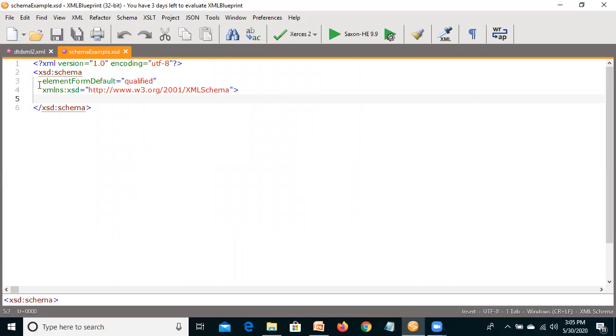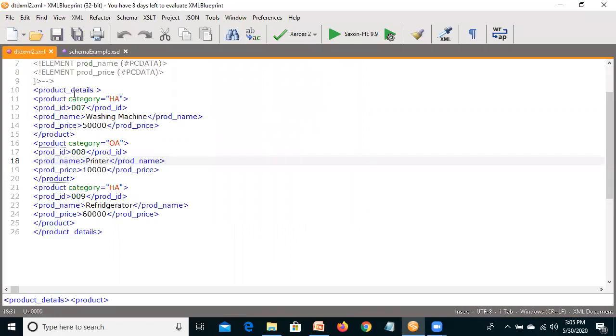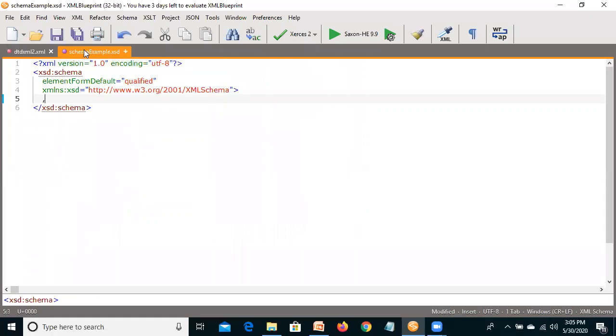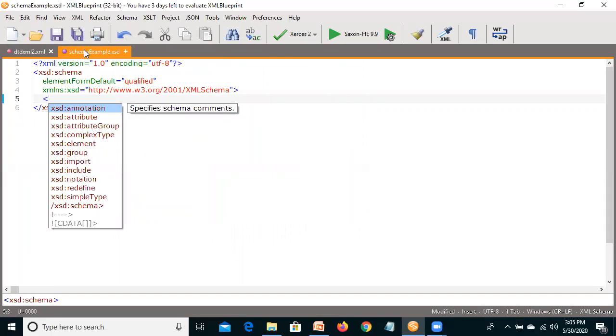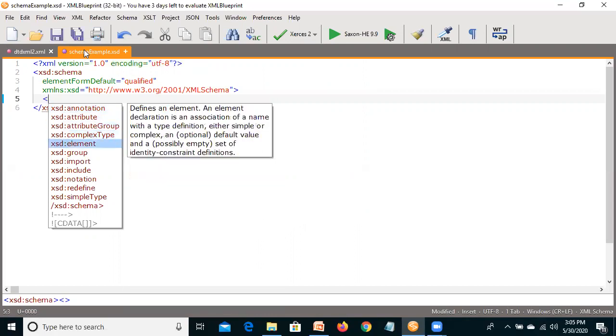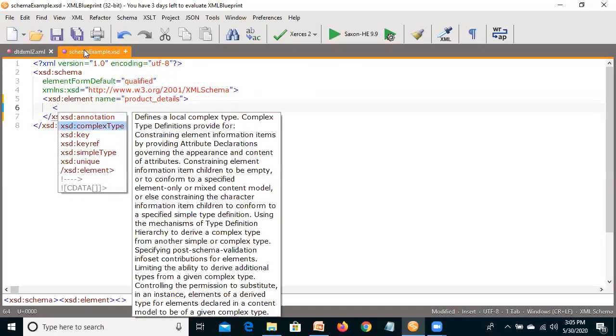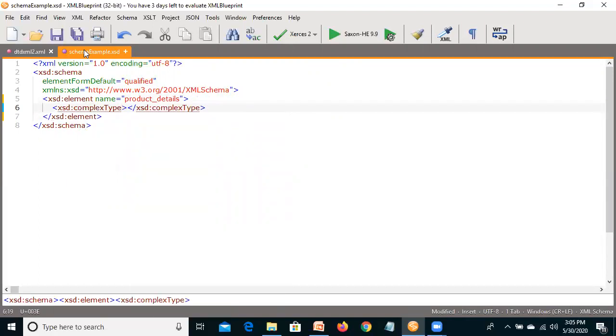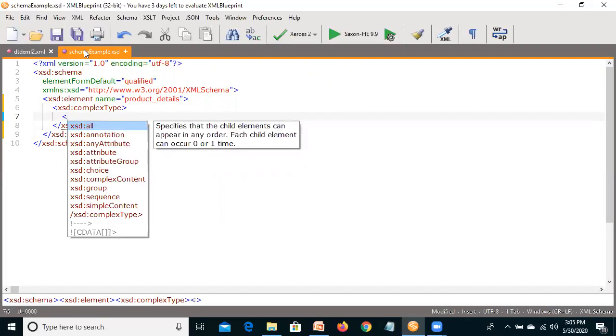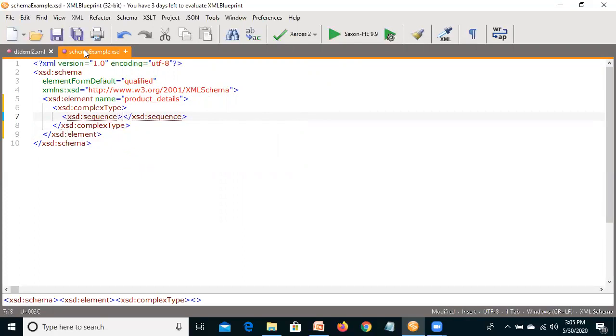Now, the root element required is the product details. So now we'll take an XSD element. Name is product details. And what type of element is it? It is a complex type because it contains the product element. And in complex type, we have to use sequence.